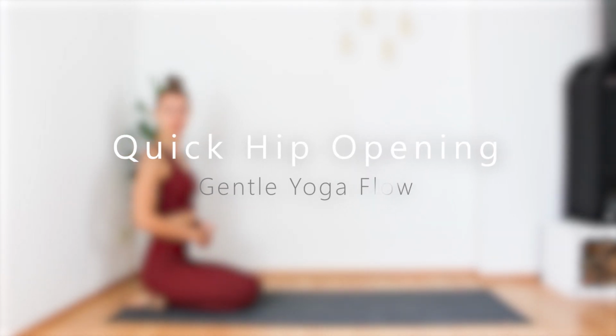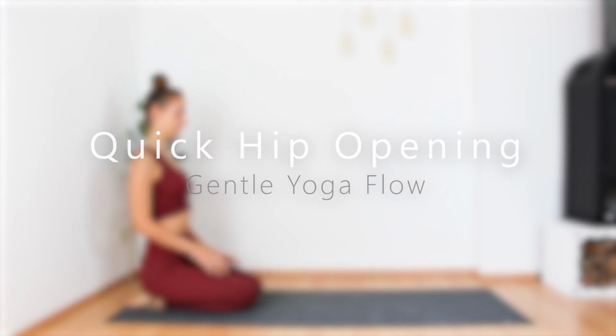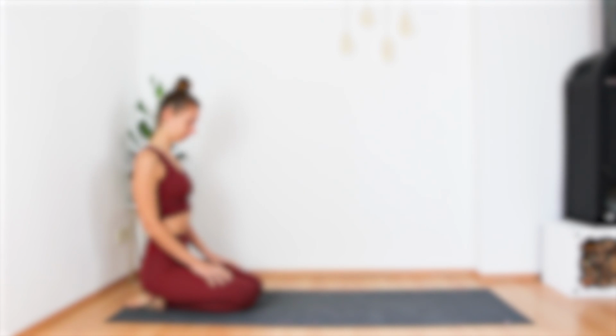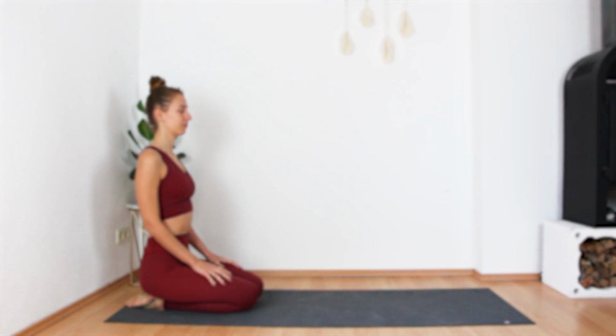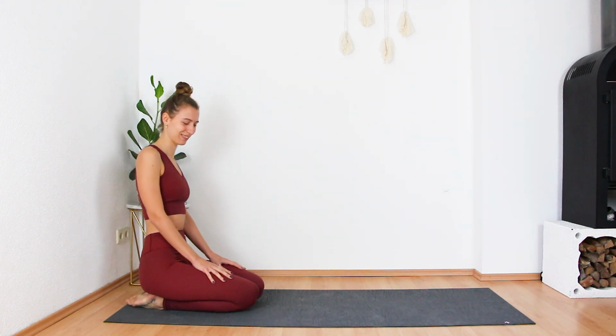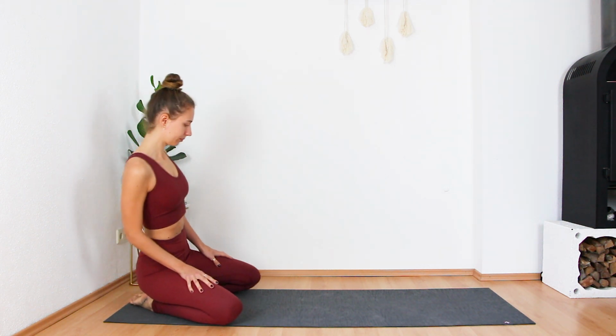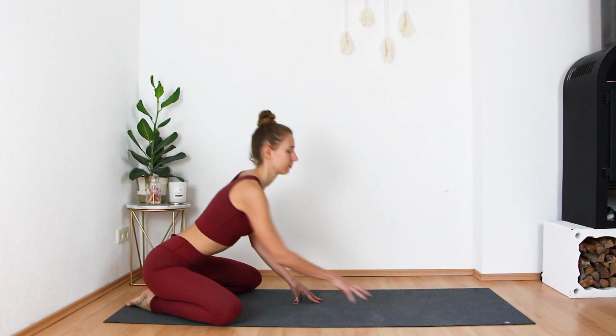So when you're ready, you can come onto your mat, sitting on your heels, keeping a long and straight spine, and just start to become aware of your breath. Let your breath flow slowly and naturally, and arrive in the present moment, in the here and now. And then we will bring our knees as wide as the mat, inhaling deeply through the nose, and exhale, slowly